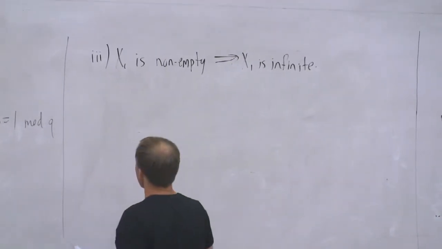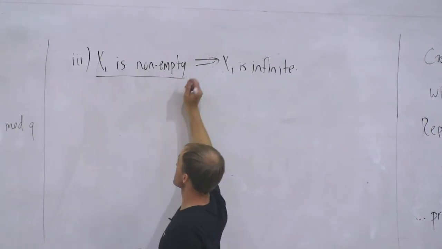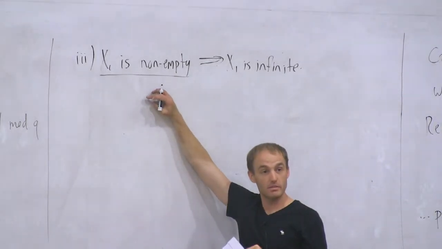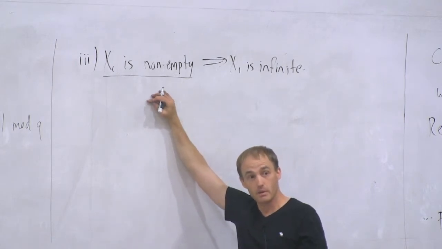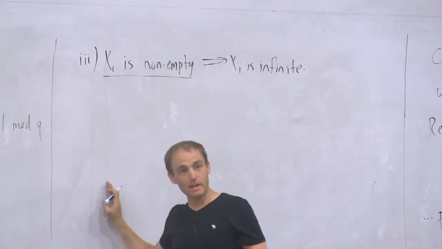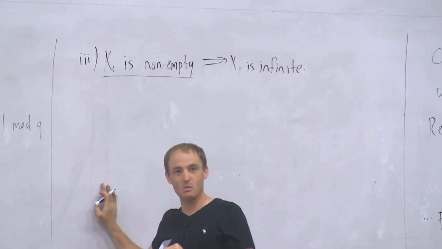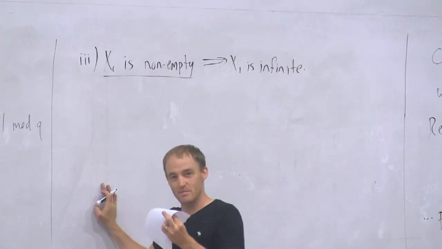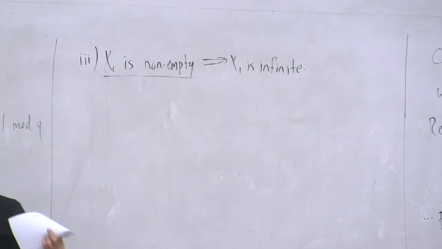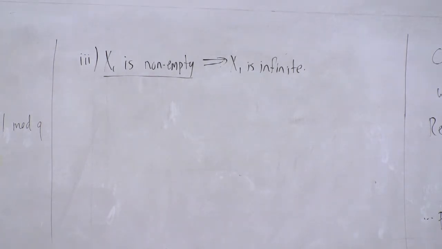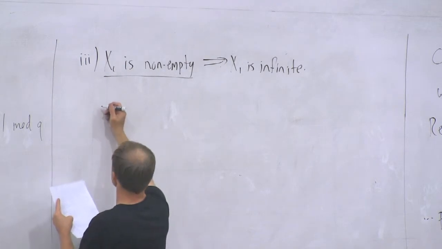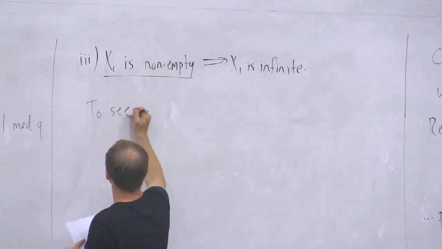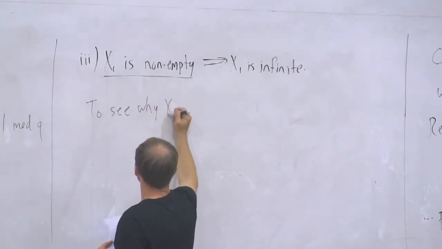Now, I actually didn't tell you why this is true, and this is the non-trivial part of the three observations here. I'm going to explain it right now. How do you know that x1 is non-empty? Now we're going to use the same argument that we just used a second ago, where we take a sigma invariant set which has 0 as an accumulation point, and then we thicken it up to the whole set. But now we're going to use it on the difference set of x0. Okay? So check this out. This is actually a pretty cool argument. To see why 3 is true, to see why x1 is non-empty,